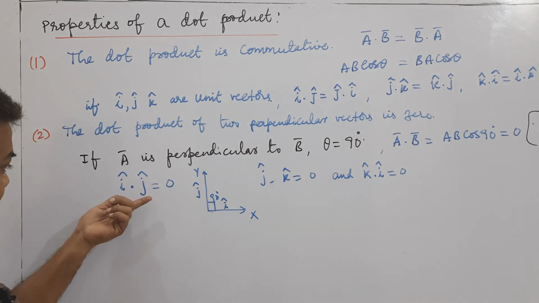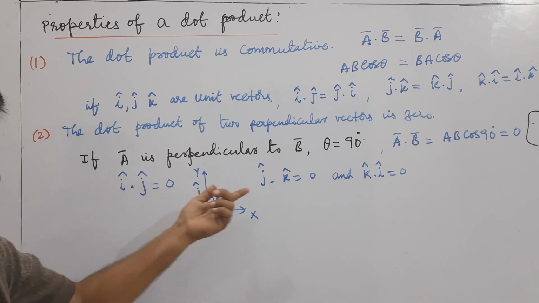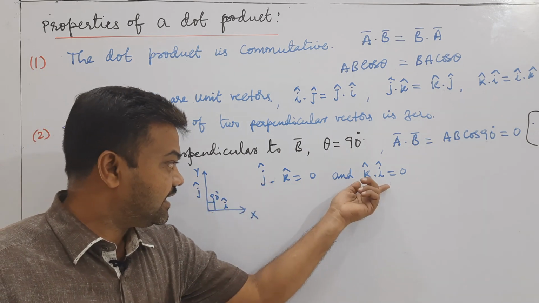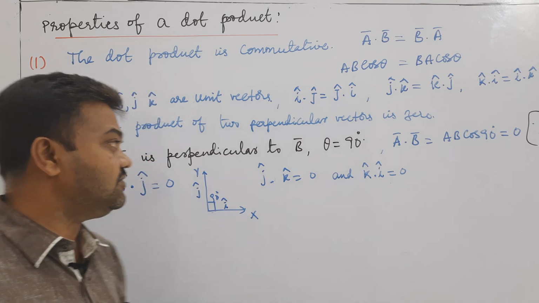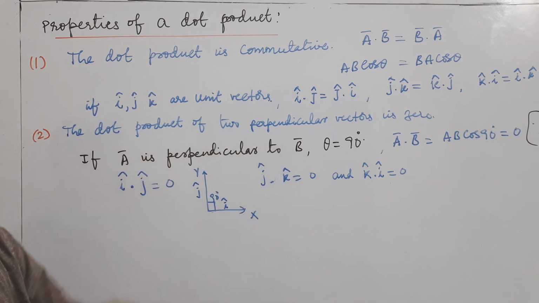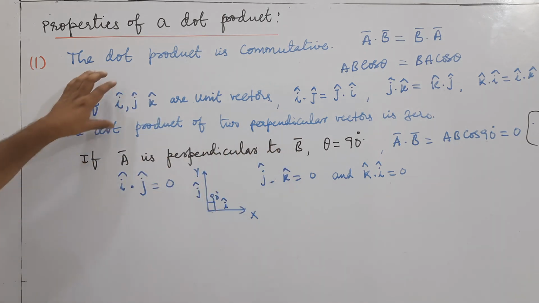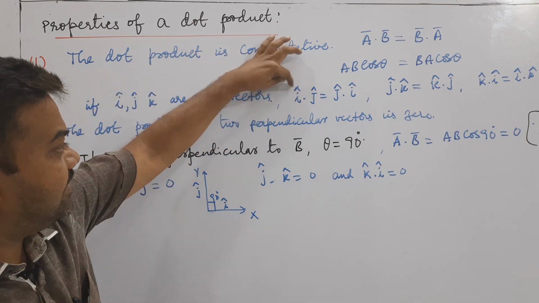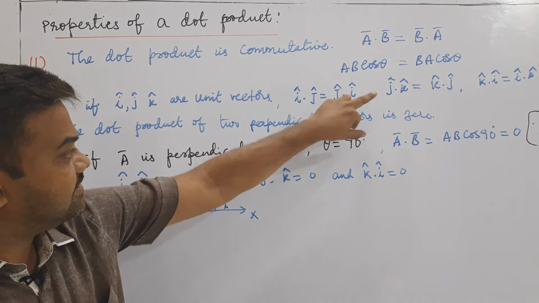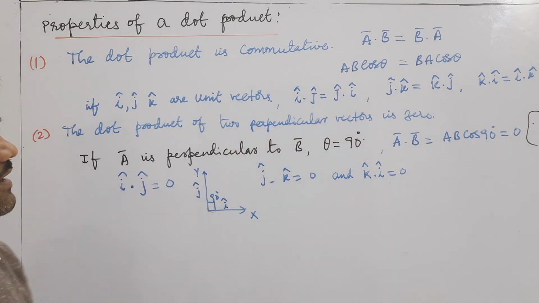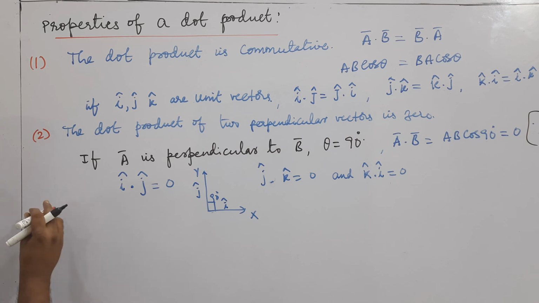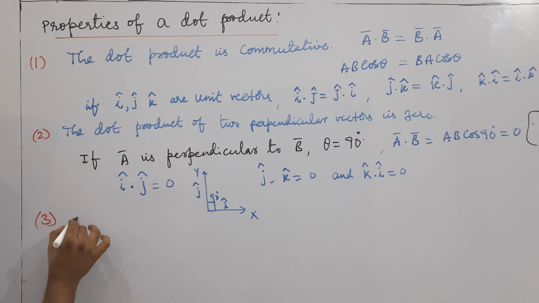But the dot product of i cap dot j cap, or j cap dot k cap, or k cap dot i cap, is also equal to 0. The dot product of any two perpendicular vectors is 0. Here the commutative law it obeys. i cap dot j cap can be written as j cap dot i cap. Like this. This is what we have. Another one, and the third one is, the dot product is commutative, and the dot product is